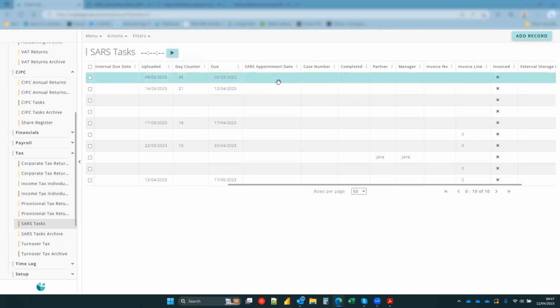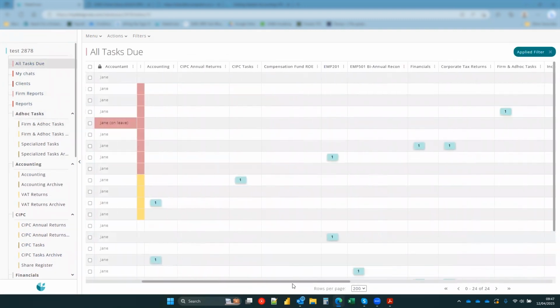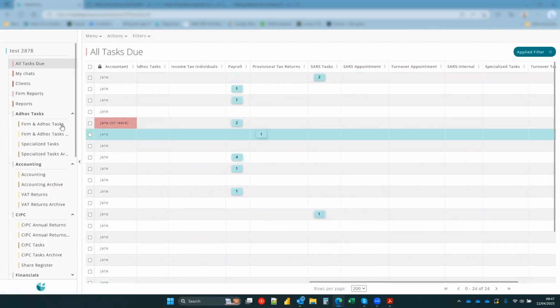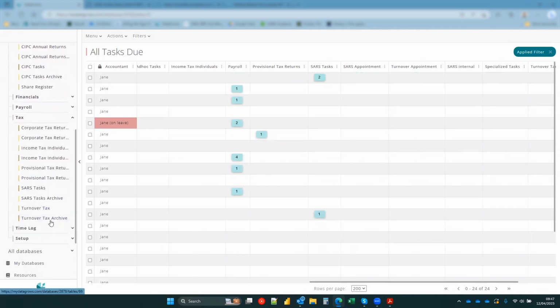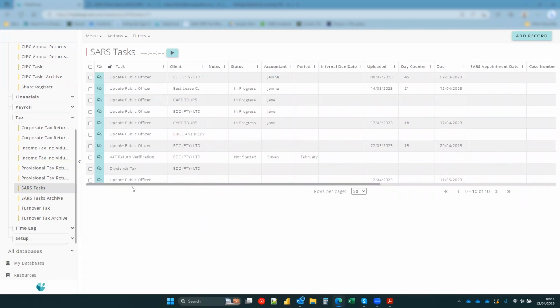You can make notes of SARS appointment dates if you need one, and you will also be reminded of that in your all tasks due. There is a column there for your SARS appointments, and there you can see the SARS tasks being generated according to that escalation due date that we discussed. Okay, so it really is a great